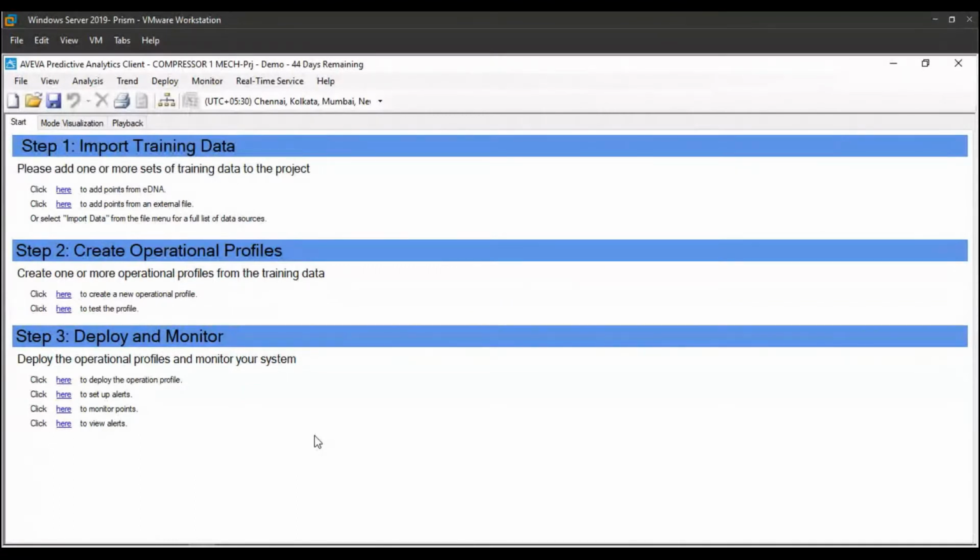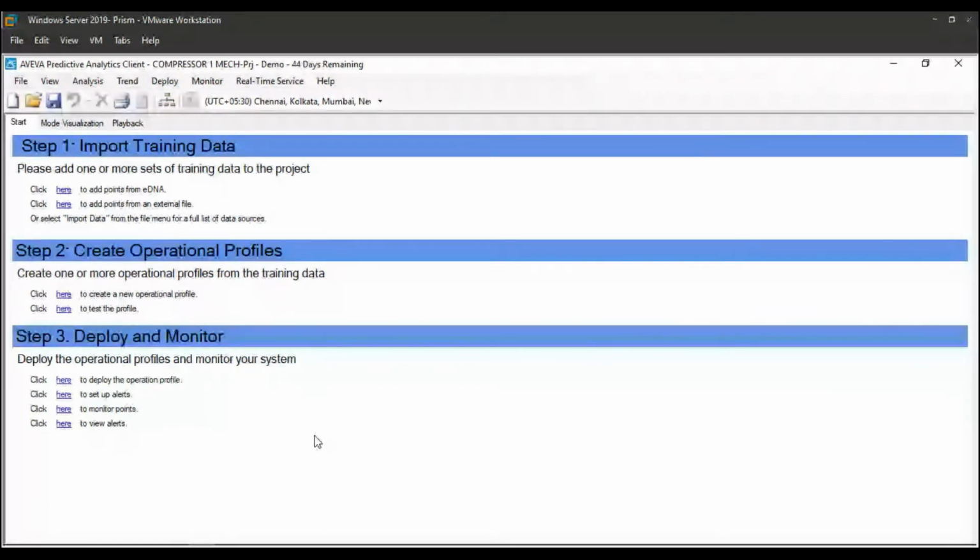So we take historical data for the equipment, and then we train the operational profile to study from that data using advanced pattern recognition algorithms inside the software itself. So an operational profile is then kept on being checked, and that becomes a baseline against which the current state of the machine is evaluated.